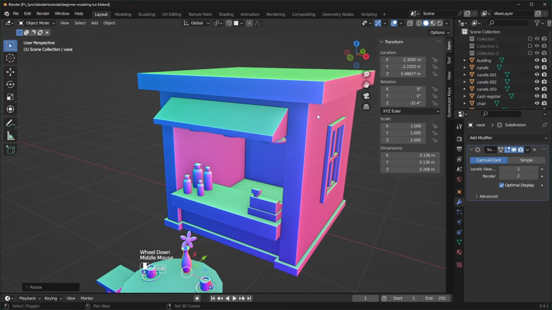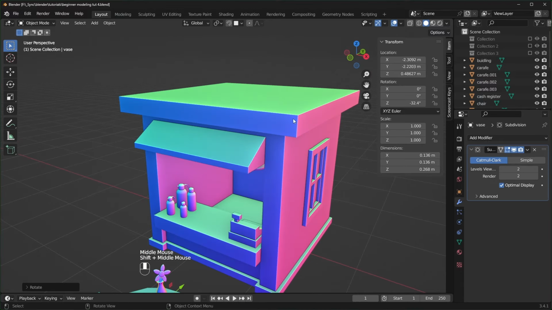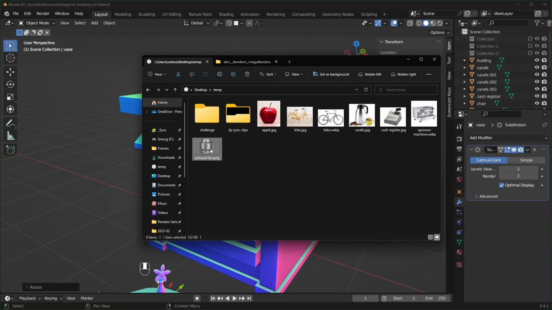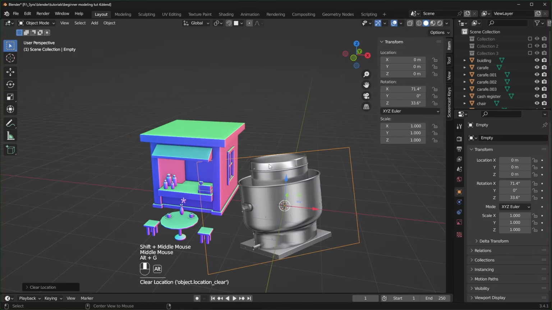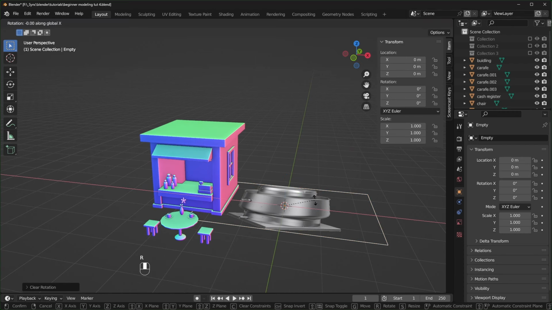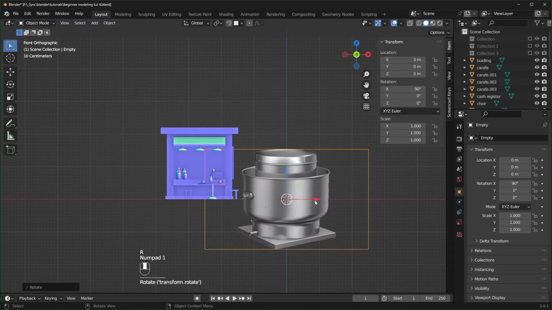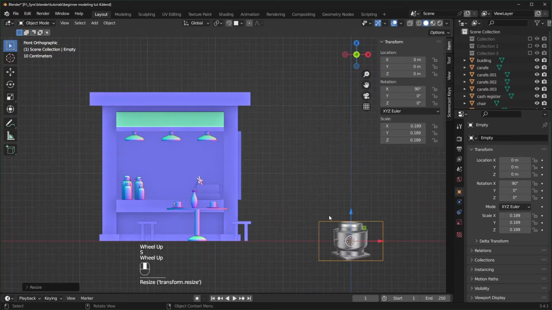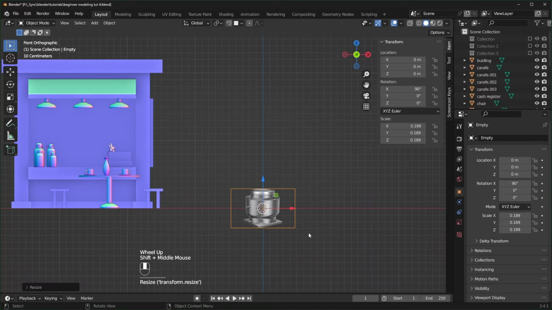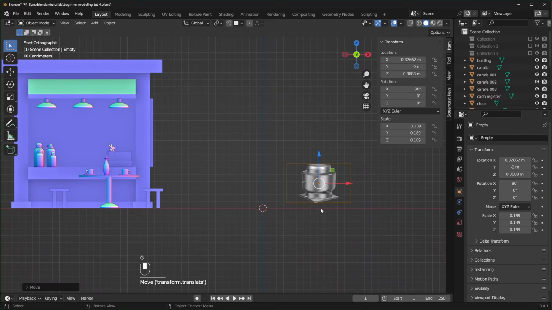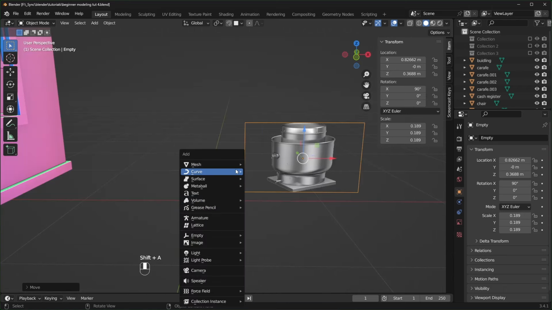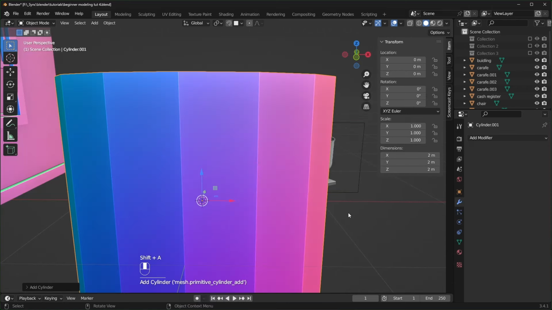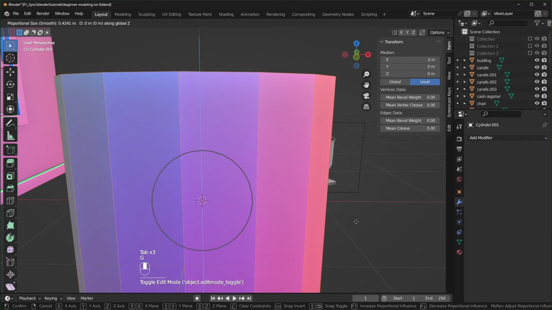A lot of restaurants and cafes have these vents that go on the top or on the side of the building. I have a reference of one right here, and I'll just drag it into Blender like that. Alt-G, Alt-R, R and X, rotate that 90 degrees, and I can just scale that down quite a bit. Again, I'm not going to model directly on top of this, but I'll use it as a reference while I'm modeling. Let's start with a cylinder, so Shift-A, add in a cylinder, tab into edit mode, G, Z, 1,